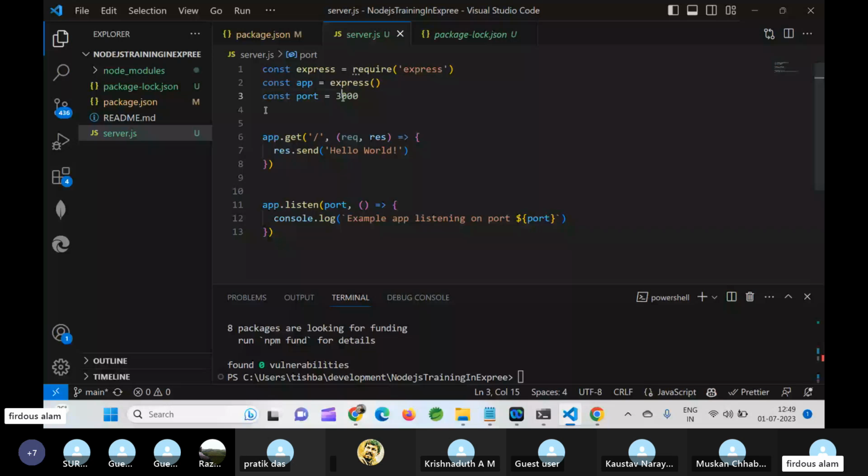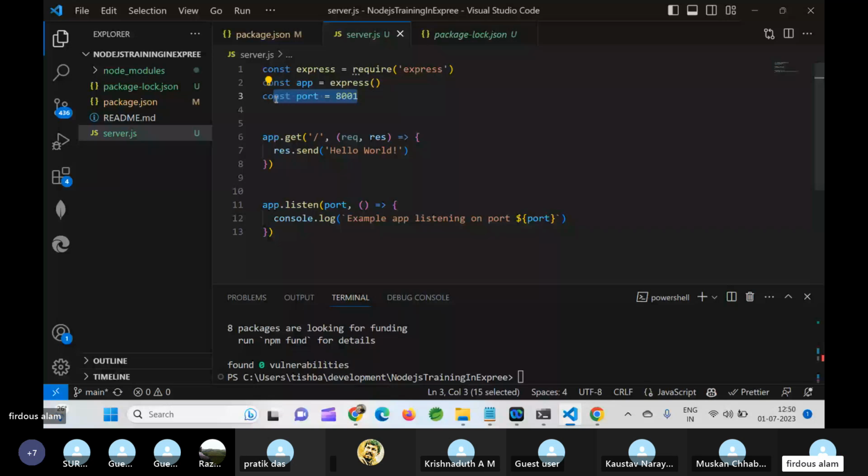So if you provide your code and then your DevOps team tells you, okay, we have a free port on 8001, you just have to change this port to 8001, and it will run from there. Later on I will tell you that we can read it from some other place, from a configuration place. But for now, here we define which port of your machine is free to run the Node.js command.